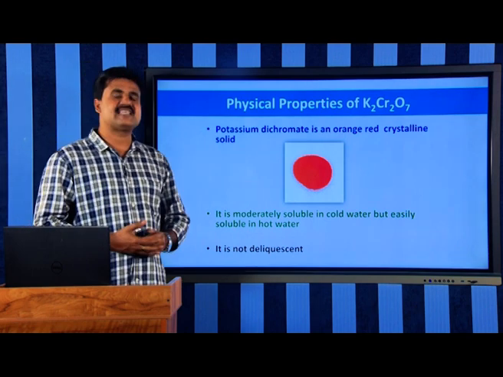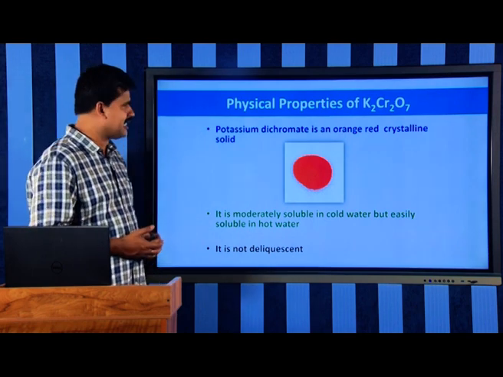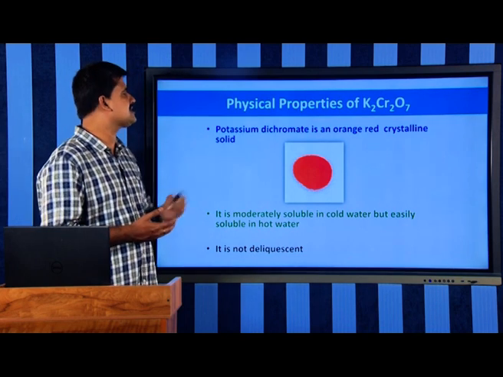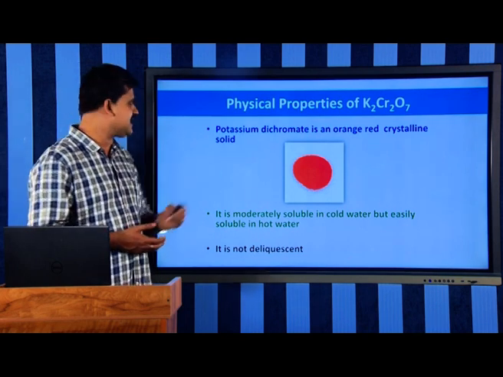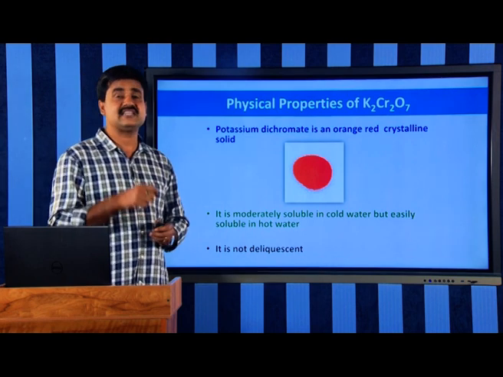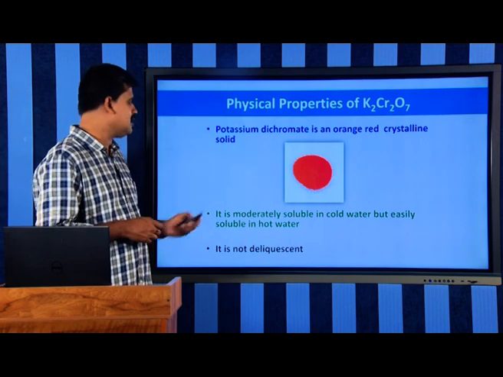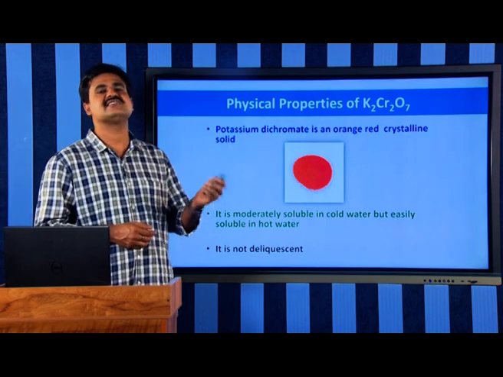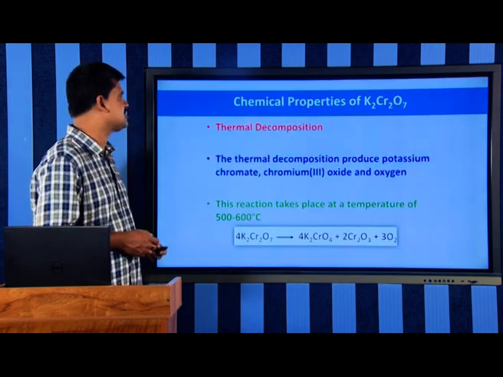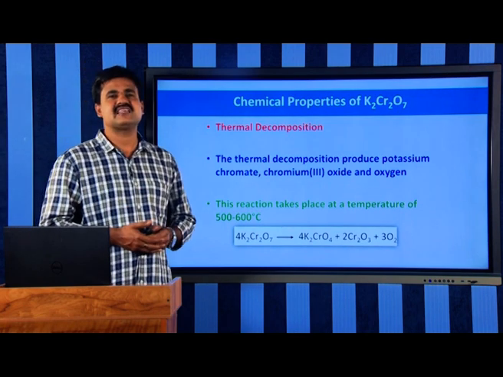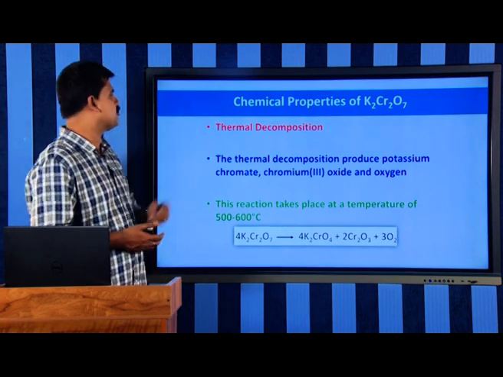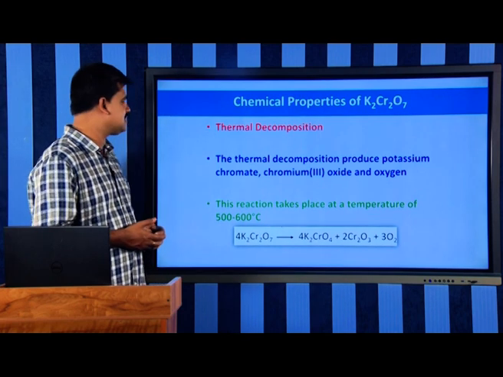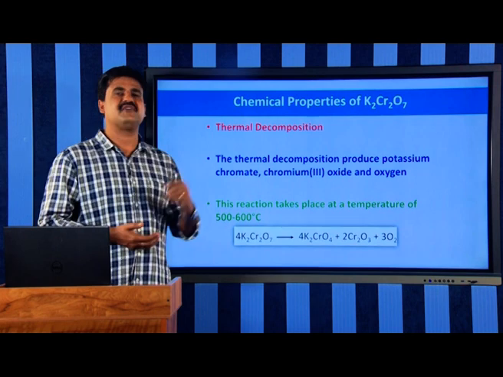Then the physical properties of potassium dichromate. As I mentioned, potassium dichromate is an orange colored crystal. It is a crystalline solid. It is moderately soluble in cold water but highly soluble in hot water, and it is not a deliquescent solid. Regarding the chemical properties, the first property is thermal decomposition. Potassium dichromate, when heated